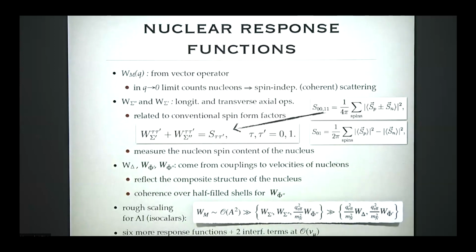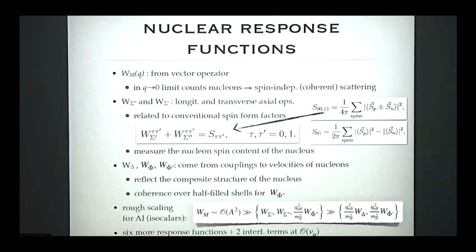So let me zoom out. There were these response functions that correspond to the properties of nuclei. The first one, the Wm, is just the total charge or the coherent part of the mu2e conversion. So in the Q to infinity limit, the long wavelength limit, all this does is count the number of neutrons and protons inside the nucleus. You square this and you get an A squared enhancement.